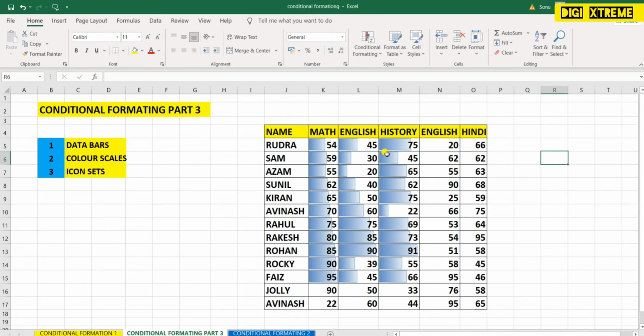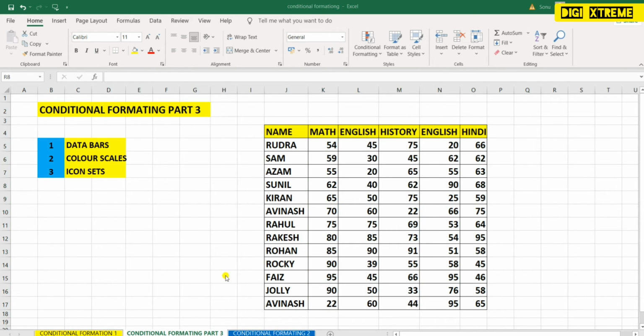The lower the value, the smaller the bar also. If the value is lower, then the bar will also be small according to the value. I hope I am able to make you understand. Let's move to the next one. Let me remove the rule first. Now, what is the next one?